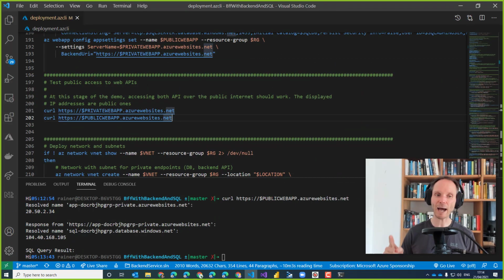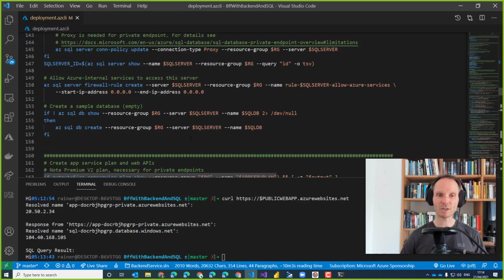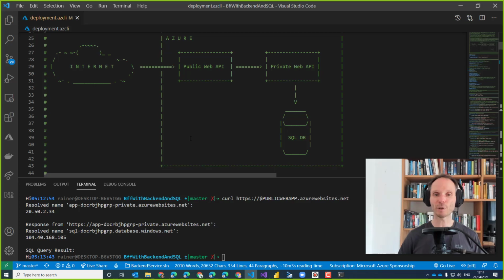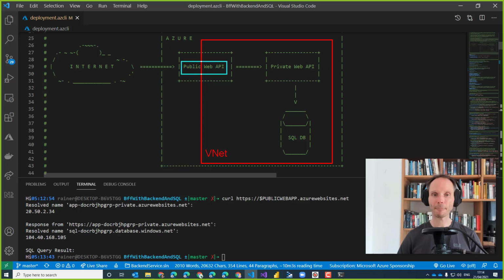And now our goal is, let me scroll up a little bit. Our goal from now on is to have more privacy in the public cloud. So what I want to do is create in the cloud a virtual network, a VNet. Now this VNet belongs to me, so I can decide what's in it and what isn't. And the first thing that you will recognize here is that my public web API is kind of in the VNet, but also not kind of in the VNet.